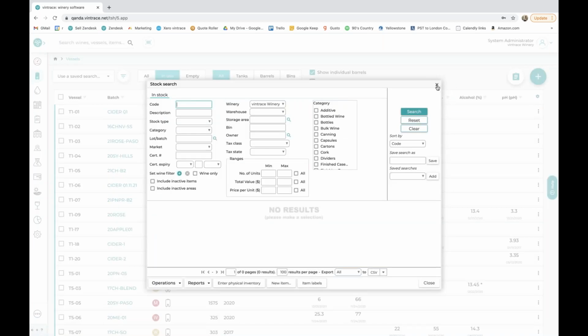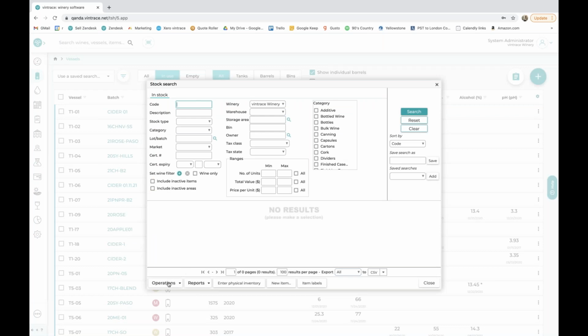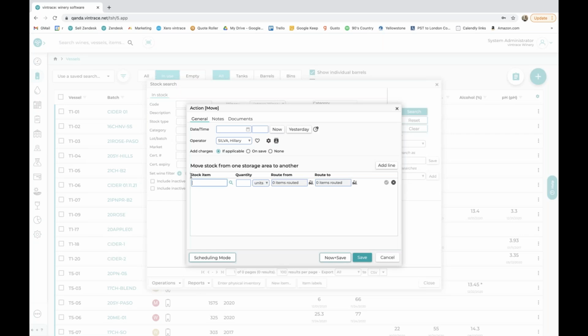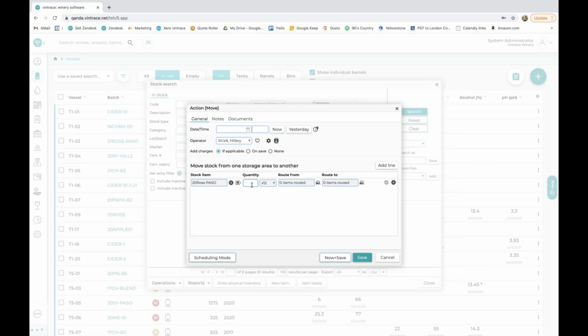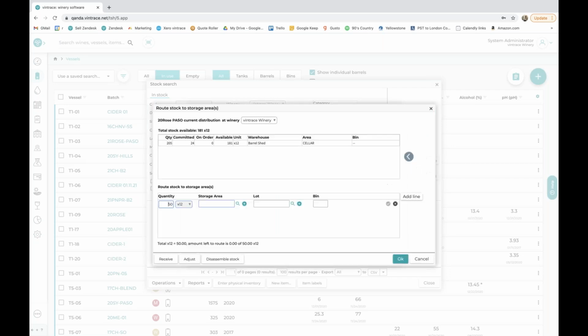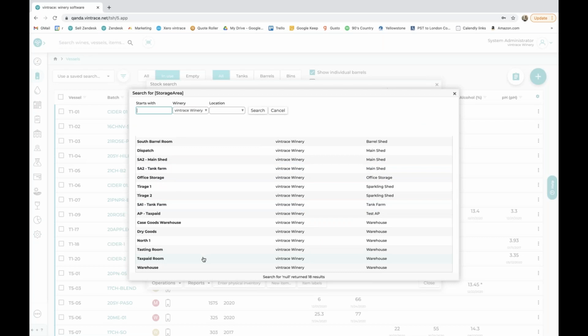Also, another option is moving your case goods. So if you are moving them from, say, your bonded area to your tax paid area or storage area at your winery, you want to make sure you go Operation Move. And this is where you can move, say, my 20 rosé. We want to move 50 cases from our cellar to our tax paid room